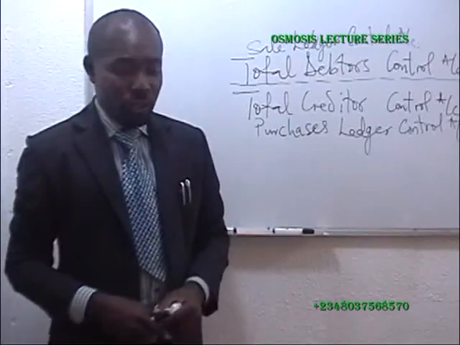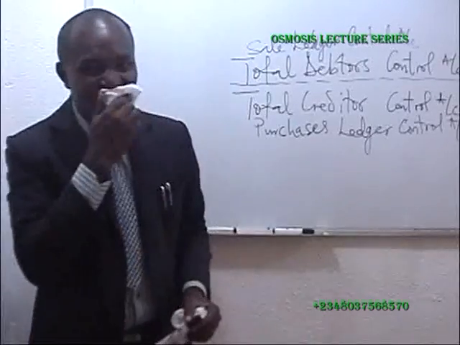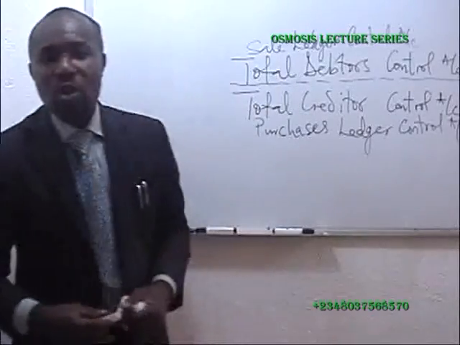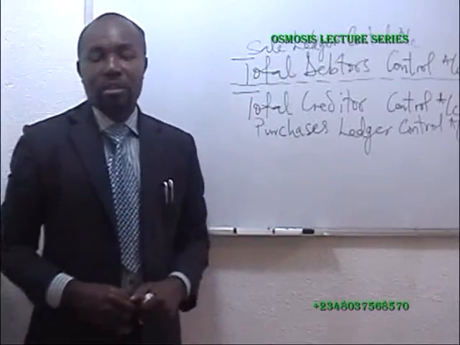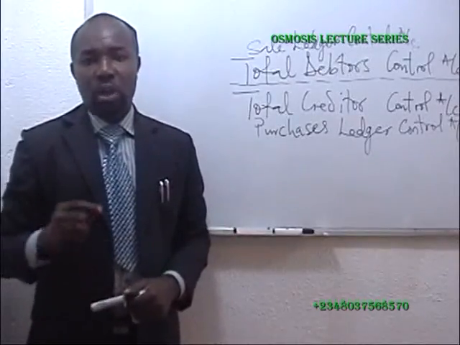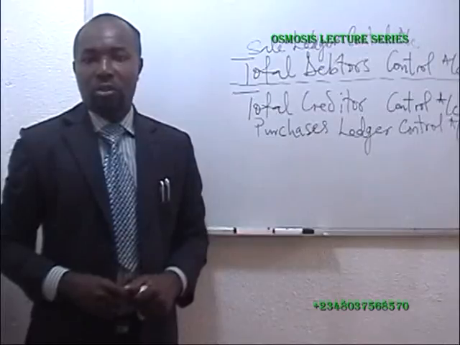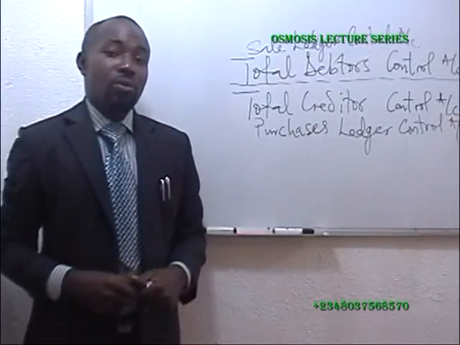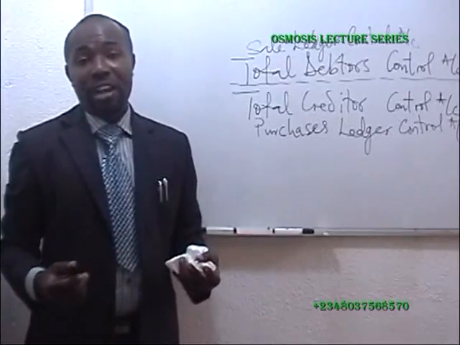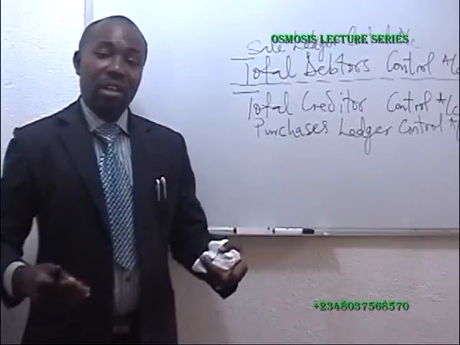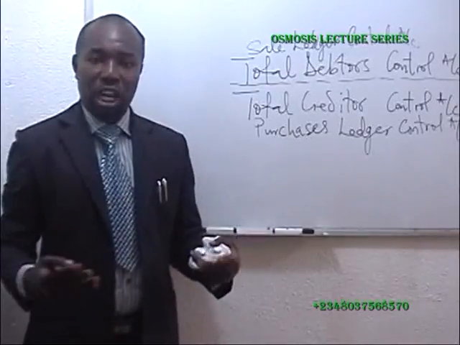So if you have done that, we now go straight to the fifth point, the fifth subheading, which is content of control account. Content of control account. You see, the control account, we can have a good number of the content. But the prominent among them, we shall just list.